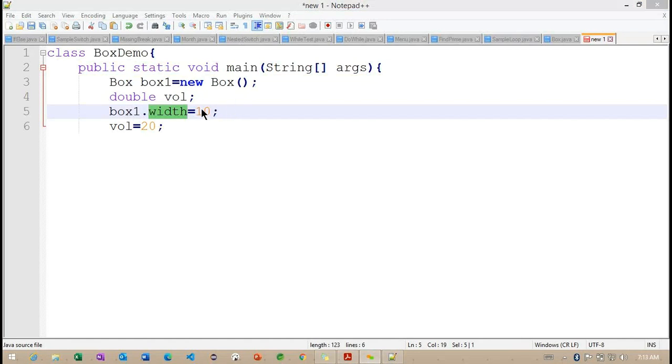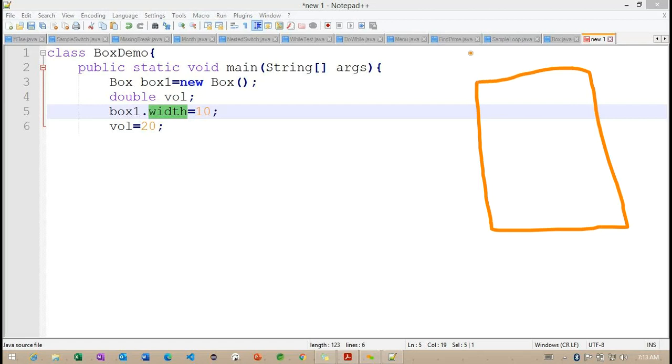Basically, what happens internally is, whenever I create an object with the help of the new keyword, the object is going to be stored in the heap memory. So just think, this is our heap memory. Inside this heap memory, how many variables do we have? Those variables we can access.